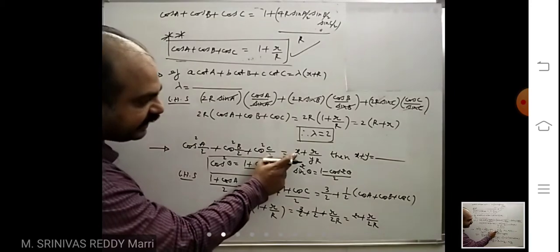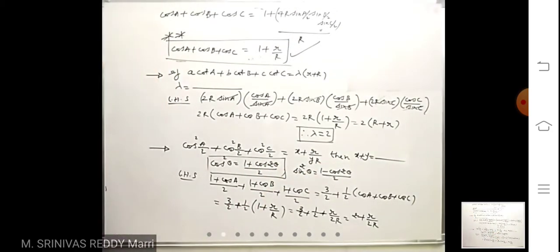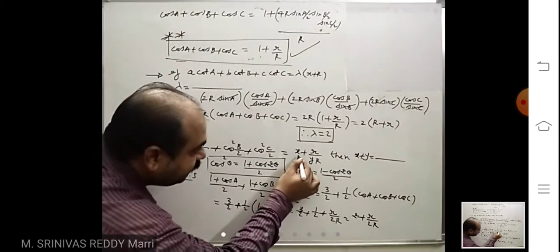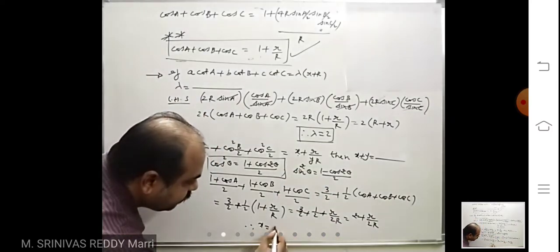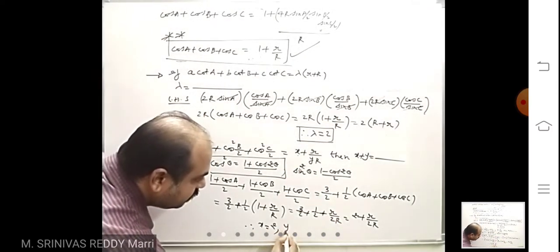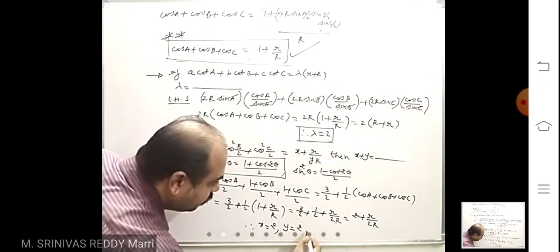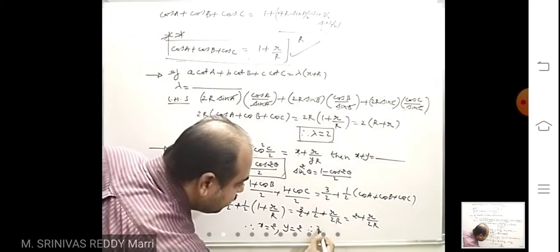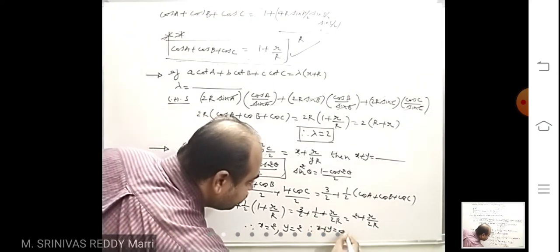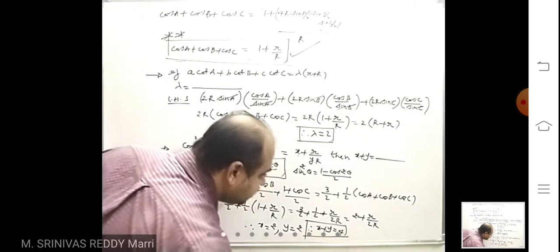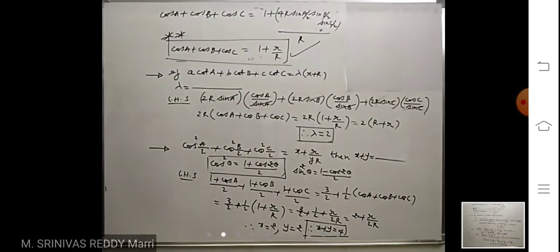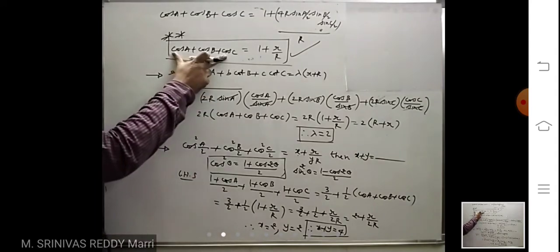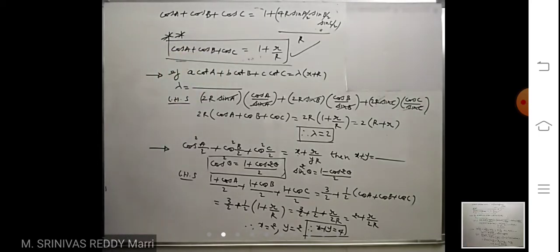Look at here. What is given? x plus r by y into capital R. Therefore, by comparing this with this one, x equals 2, y equals 2. Therefore, your required answer, x plus y, is nothing but 4. Like that, how to use the formula? Like that, related to these problems, cos A plus cos B plus cos C.